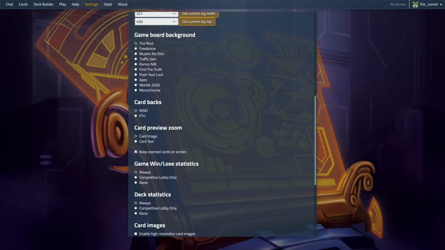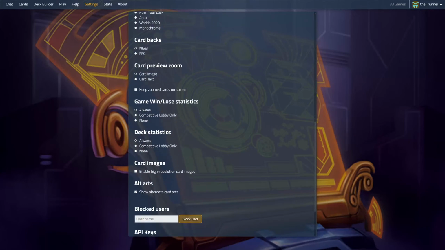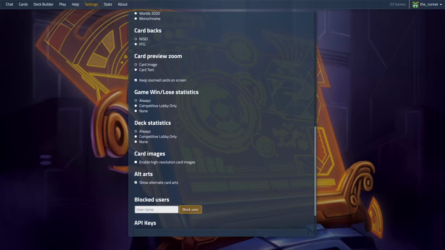And as a bonus later on, or maybe in a different video, I will show you how to customize this a bit further and make it a bit, I'm not going to say cooler because Jinteki is already cool, but a bit more yours, a bit more customized. Card backs, again, this doesn't influence the game in any way whatsoever, but if you prefer one or the other type of the card backs, to see the backs of the cards with a particular graphic design, you can